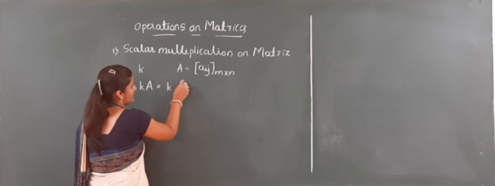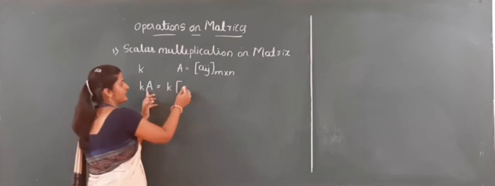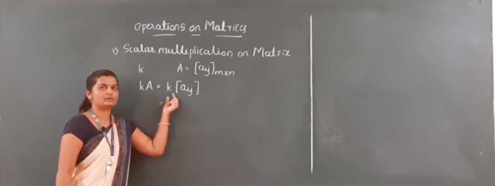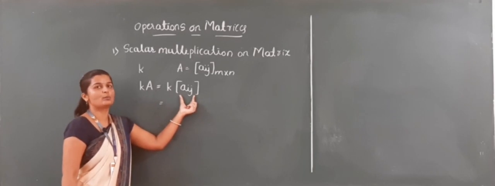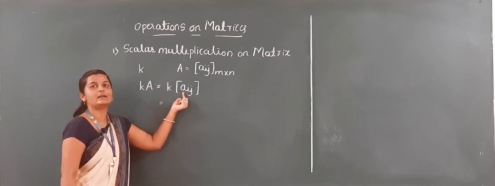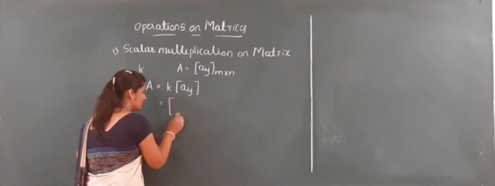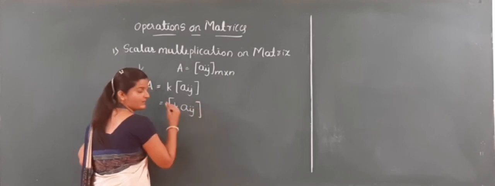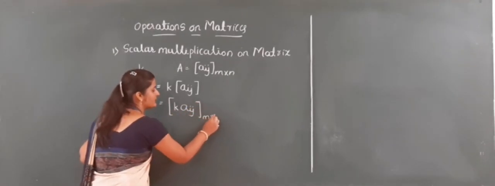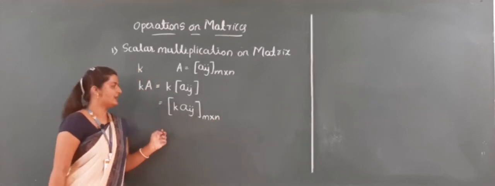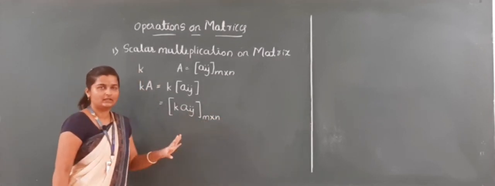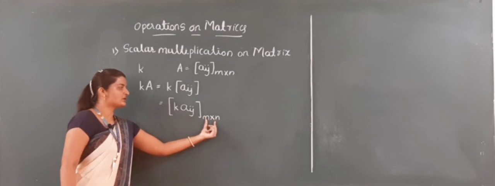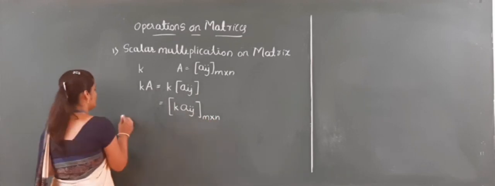So then we can take k and A matrix like this, I will write Aij. To multiply this k to this matrix, we have to multiply this k to all the elements in this matrix. That means I have to multiply k to all the elements present in our given matrix, and the order of the matrix does not change. It remains as it is, that is m by n only. If the first matrix is 2 by 3, then after multiplying the scalar, the order of the matrix is also 2 by 3. So with an example we can solve.